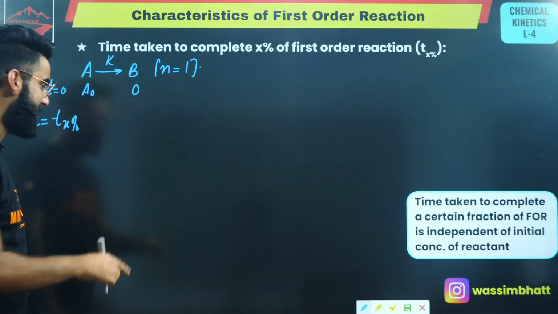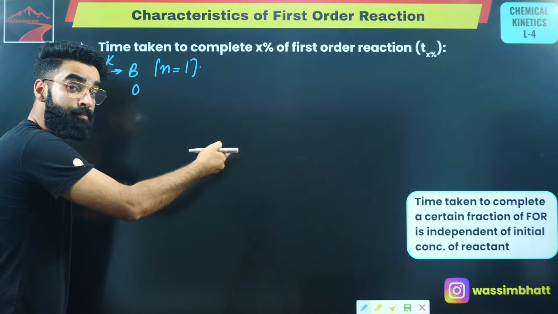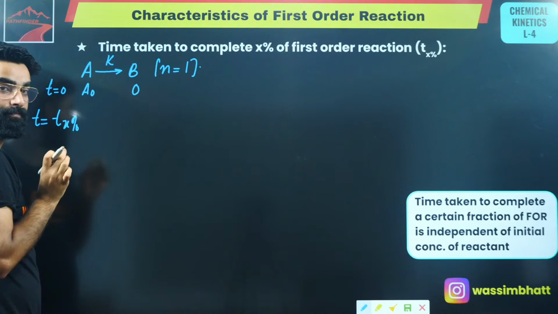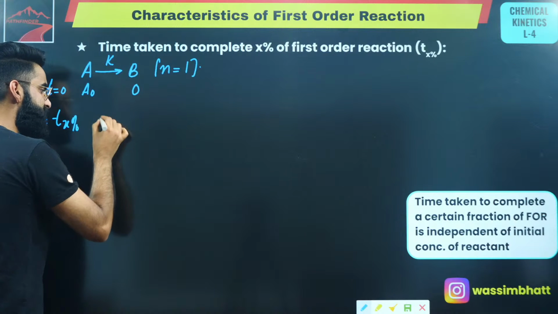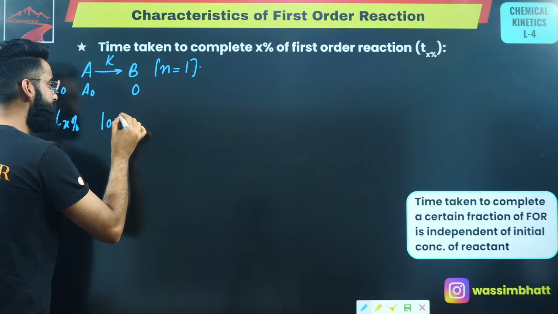So if right now X% of the reactant has got converted into products, what is the percentage of reactant left at this time? I'll say the percentage of reactant, the concentration of reactant left, is going to be 100